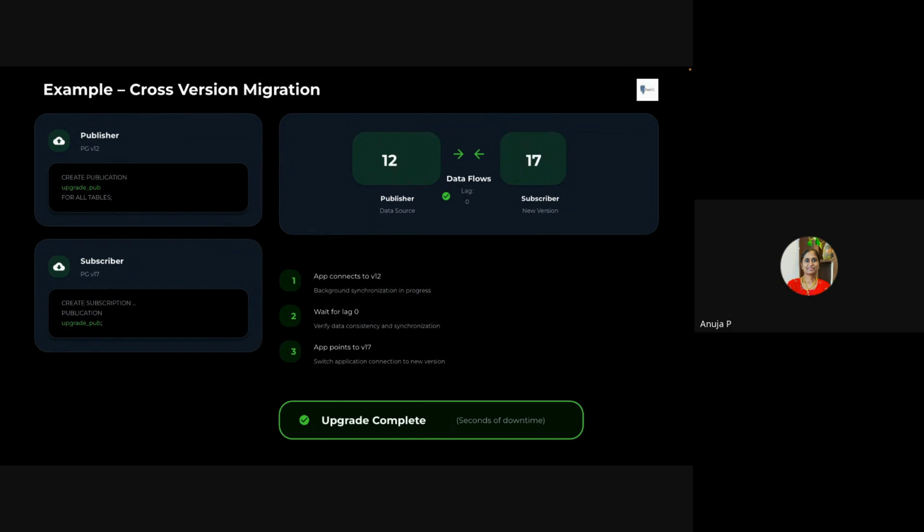So create the schema and then you can start your data flow. When the data flows completely and the lag becomes 0, the application will automatically point to the new version. So the upgrade of the application is complete with seconds of downtime. This was a major breakpoint in Postgres history.